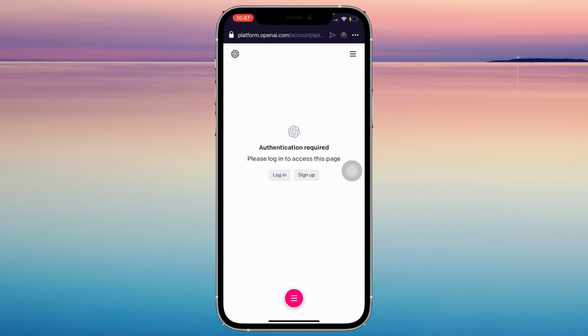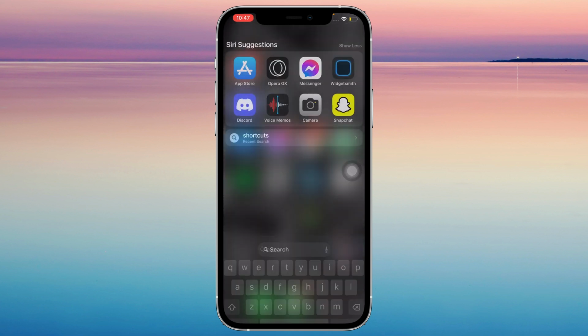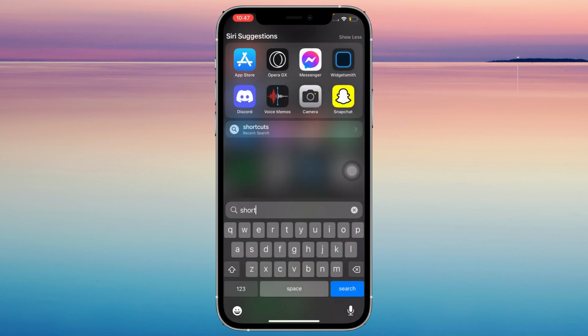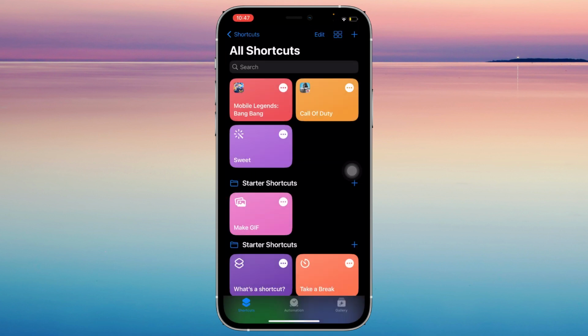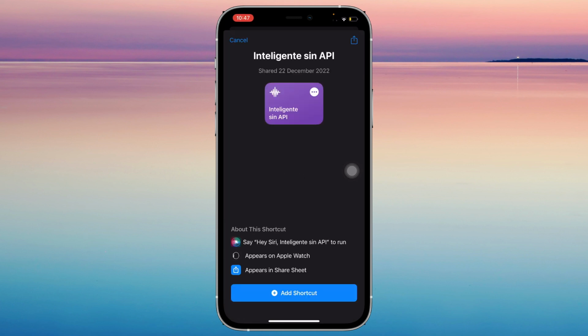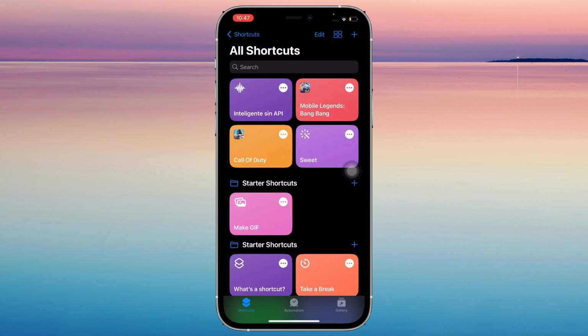So once you have your API key that you create, you can go ahead to shortcuts, tap on that, and then I'm actually gonna have a link in the description that gives you this shortcut that I'm about to show you. So if you tap on the link, you will see this. Tap on add shortcut, and then tap on the three dots,